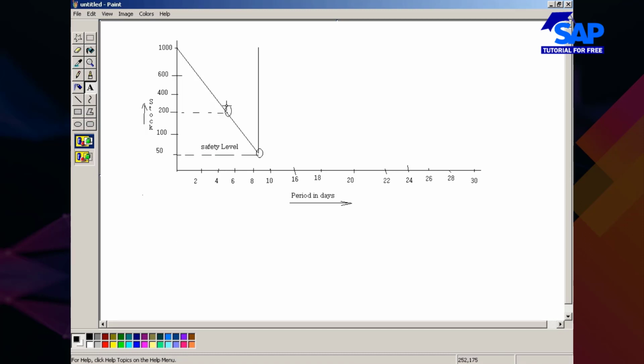And this particular point is called ROP, the reorder point. If I keep using the stock which is there in my store, what happens is